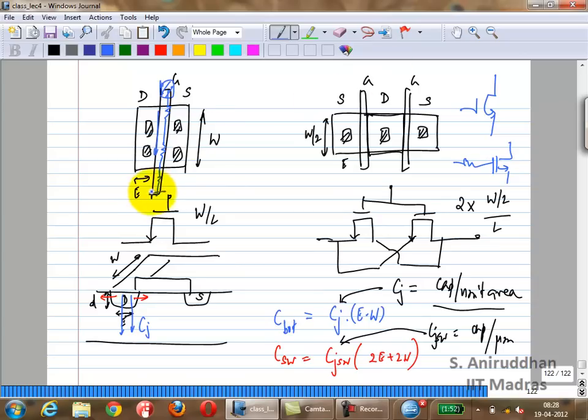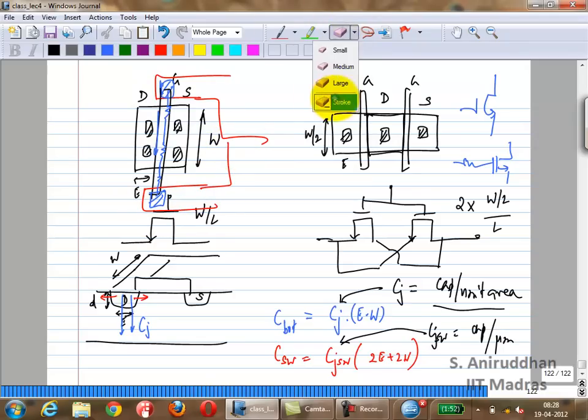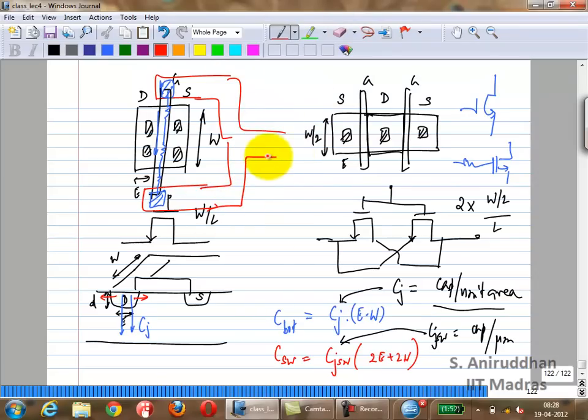I can also do this. Nothing prevents me from adding one more set of contacts at the bottom also, as long as it's outside the transistor. All I would do is something like this, maybe. I may do something like this to connect to the gate. It's perfectly legal and perfectly fine. It will probably help you. In many cases, you probably want to do that,